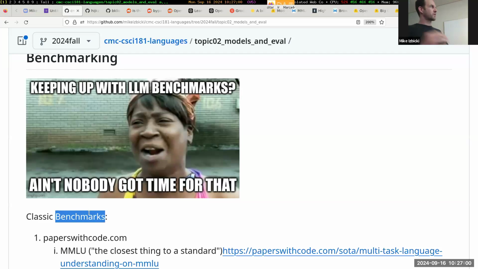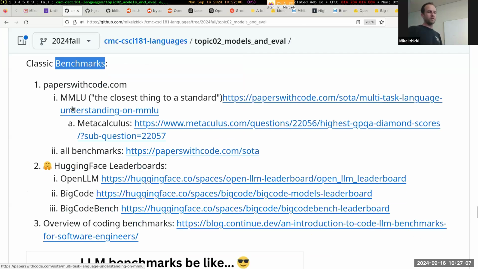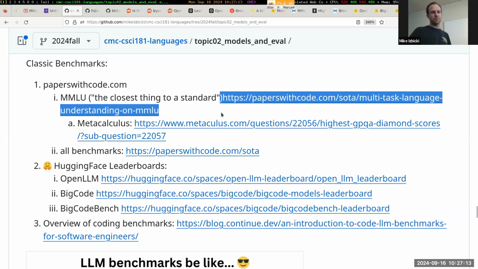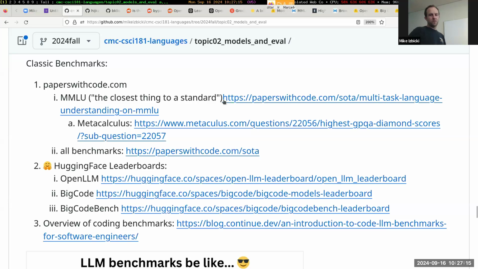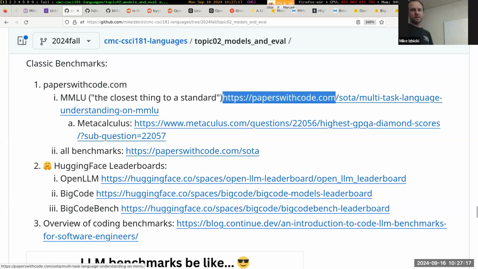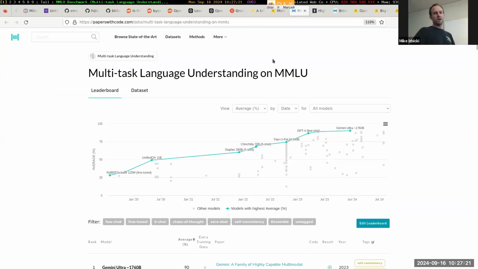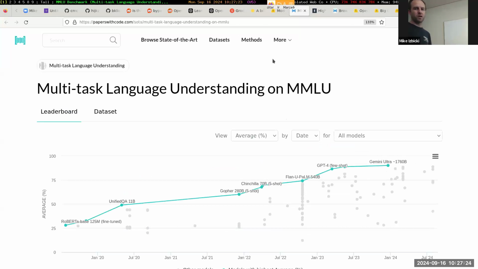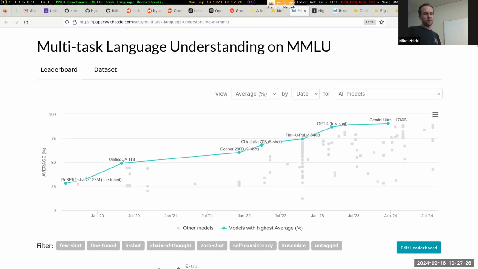And there's way too many benchmarks these days on large language models in general to try to keep up with them. The most famous of these benchmarks is the MMLU benchmark. If there was one benchmark to rule them all, this is what everybody thought it was. This website over here, Papers with Code, is the standard way to track benchmark progress on things. So paperswithcode.com, on this MMLU benchmark,